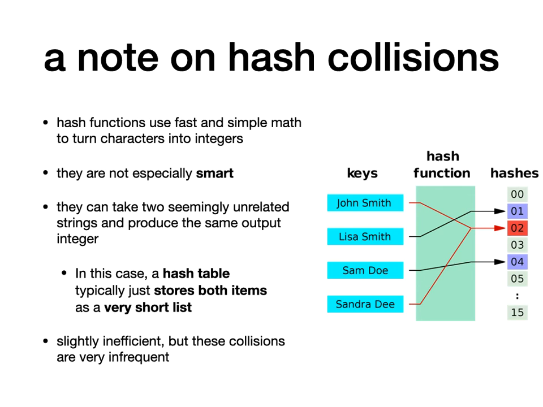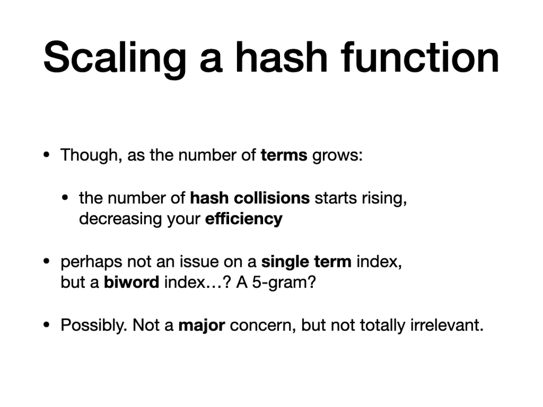And collisions are, in a technical sense, infrequent. But as always, if we're scaling up to millions of documents, millions of terms, millions of things, as the terms grow, the number of hash collisions starts rising, and you will lose efficiency. It's possible a lot of your terms end up colliding, and now you're pushing back towards linear search. It's still powerful, but